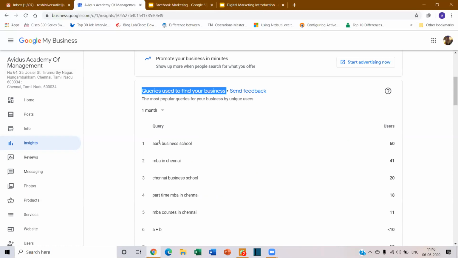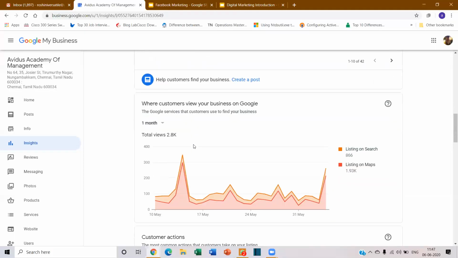As I told you, for the last 2-3 months we are doing a campaign of putting our hashtag. Our AM hashtag has been put on every social media post that we share. Almost close to 100 postings. So what happened? You're seeing here, people are searching AM Business School directly. Previously, people were not searching, but now they are because of the hashtag culture that we use. Every posting, everywhere you see online, we use that hashtag for sure. So you can make it trending too. That is the question that you asked previously. Your company name can also be a hashtag.